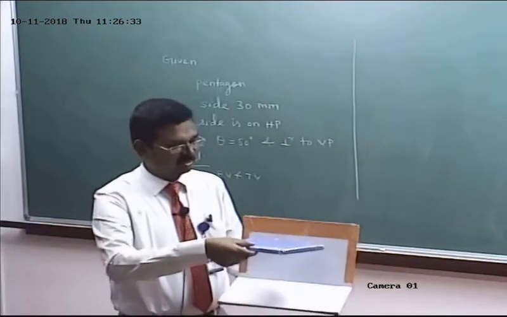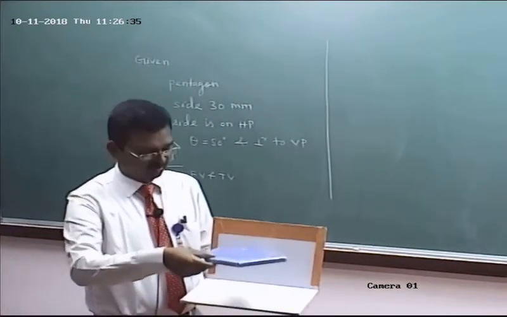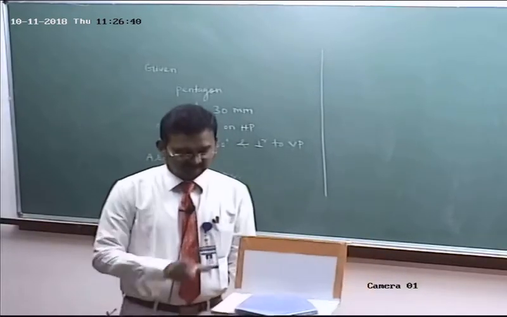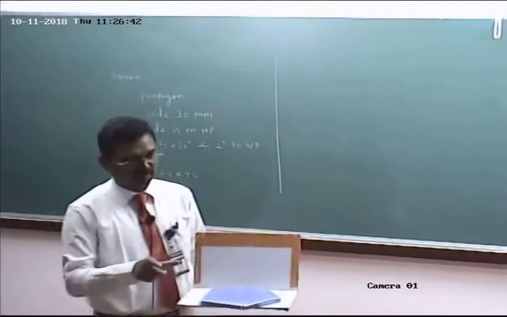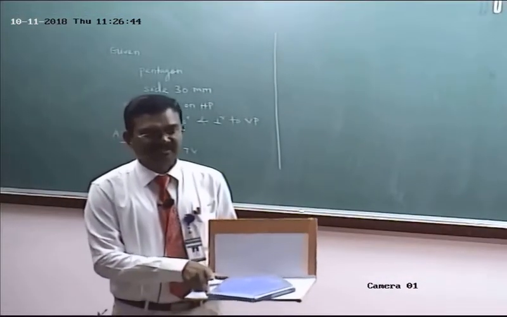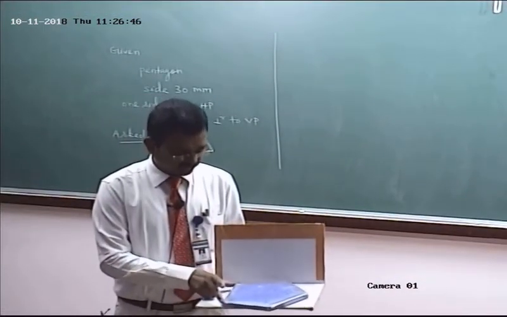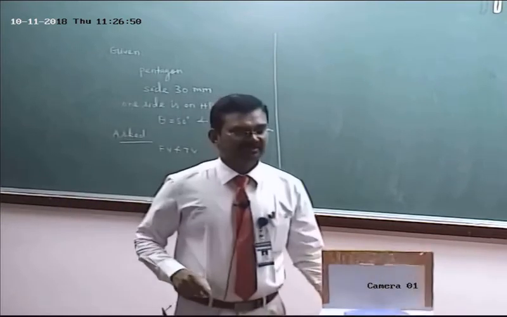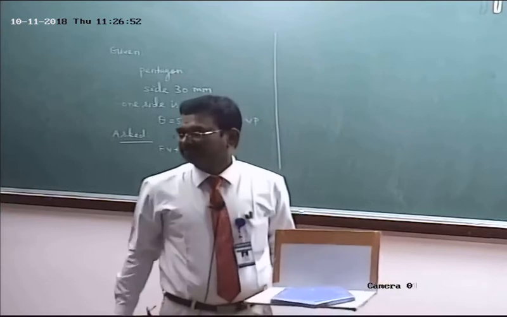Okay. So now, refer to step 1. What is step 1? Assume that the plane surface is parallel to HP, placed on HP, perpendicular to VP. Am I correct? At the same time, you must refer to one more condition. One of the sides is resting on HP. It means that one side should be kept perpendicular to VP. Okay. Did you understand? It is nothing but position 2.